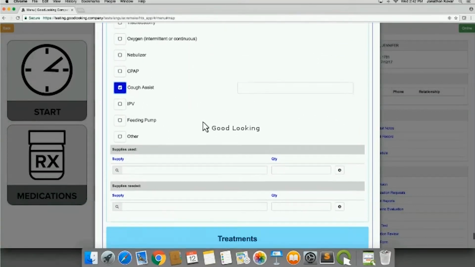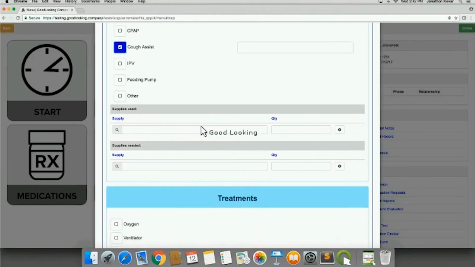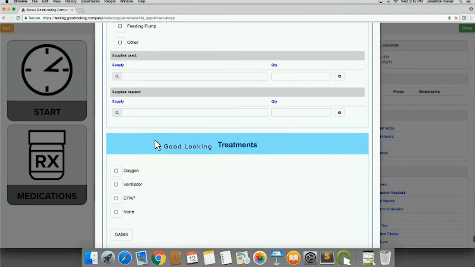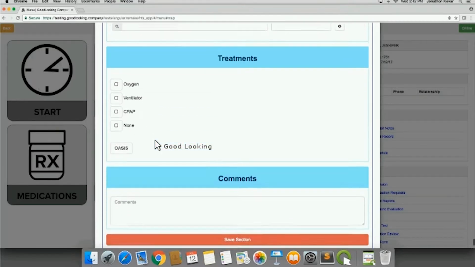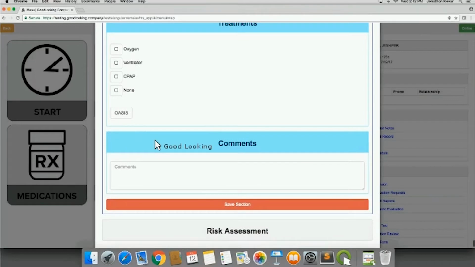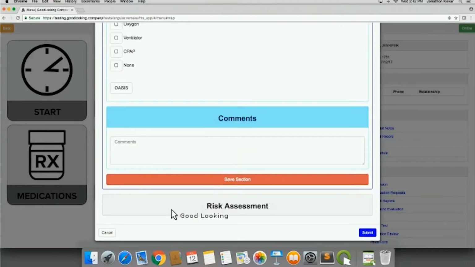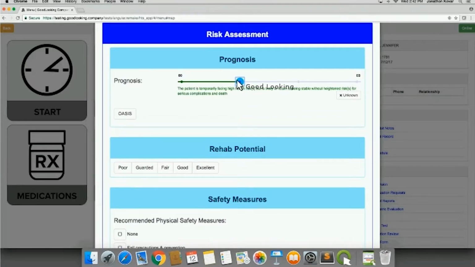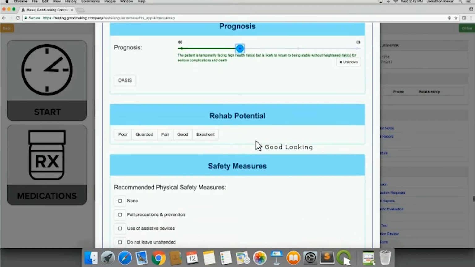You have all of your other equipment types, supplies used and quantity, supplies needed, which again automatically can go to your plan of care, and also to an ordering screen to help you with ordering new supplies. Any treatments that have been utilized, and then we do a quick risk assessment for all of our patients. Prognosis, how that goes to the plan of care,